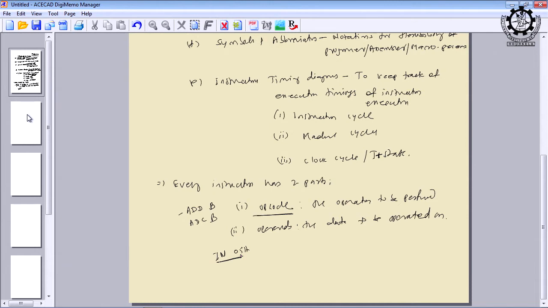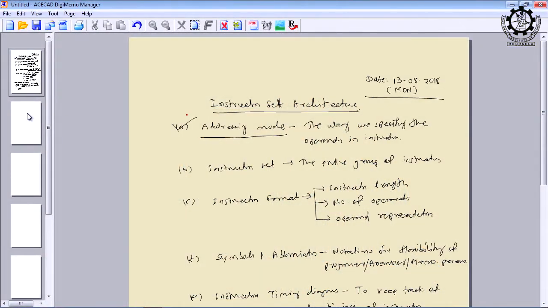So, there the varieties of addressing modes come into the picture: the way we access a device or a memory location or a register. If we are accessing directly, it is the direct addressing mode. But if we are accessing indirectly from a memory location or from a register pair, then it is called indirect addressing. We shall see with some examples how the addressing mode will vary, and if you have more addressing modes, your instruction set architecture will be more efficient. Okay. So, it is clear that the addressing mode plays a very important role as far as the instruction set architecture of any microprocessor is concerned.